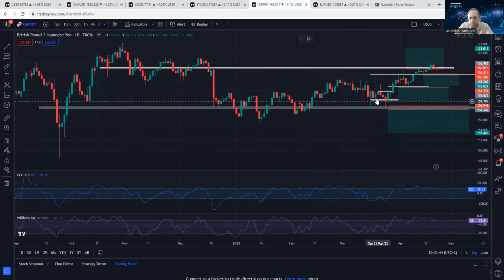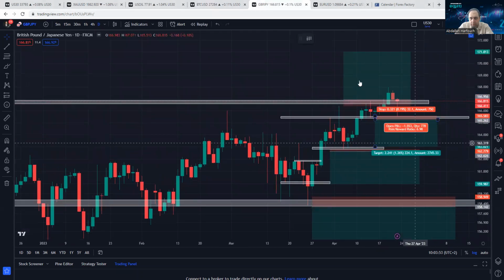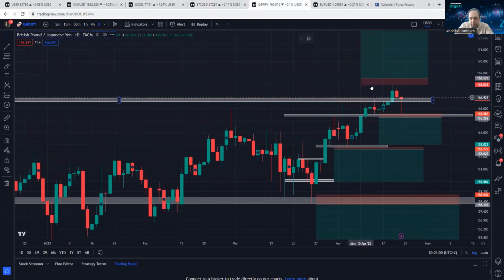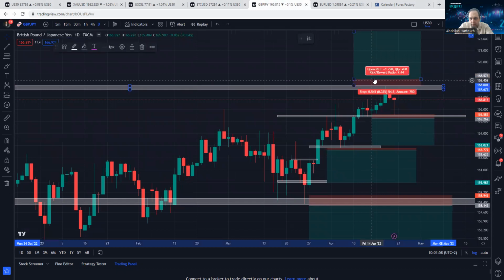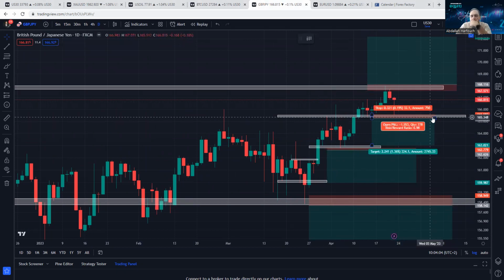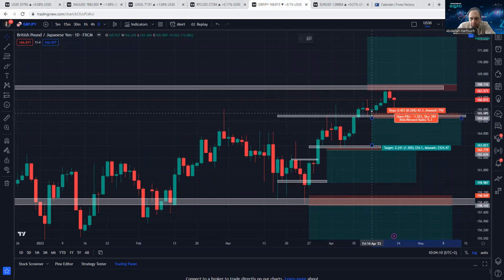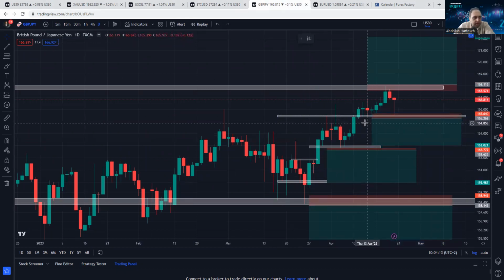GJ also broke up first. Now we have this resistance here. Let's see. If it opens now, makes a wick down and starts to push up again,